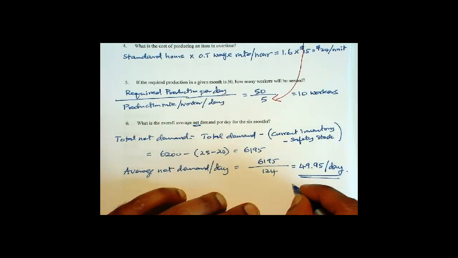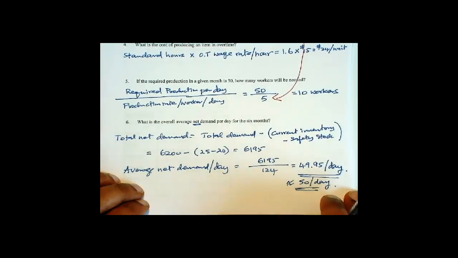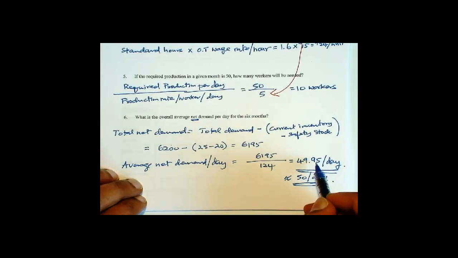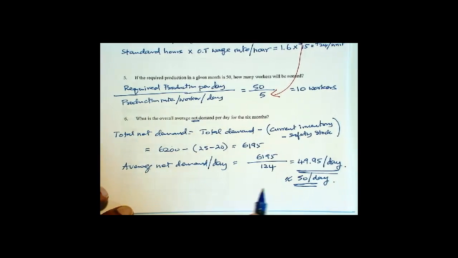Now let's round this to 50 units per day. You have to be very careful about rounding. If you round up like this, it's not going to matter. You'll produce a little bit more than what you need. But suppose this had been 49.05 and you round it down to 49, then you will produce less than what you require and you will end up with less safety